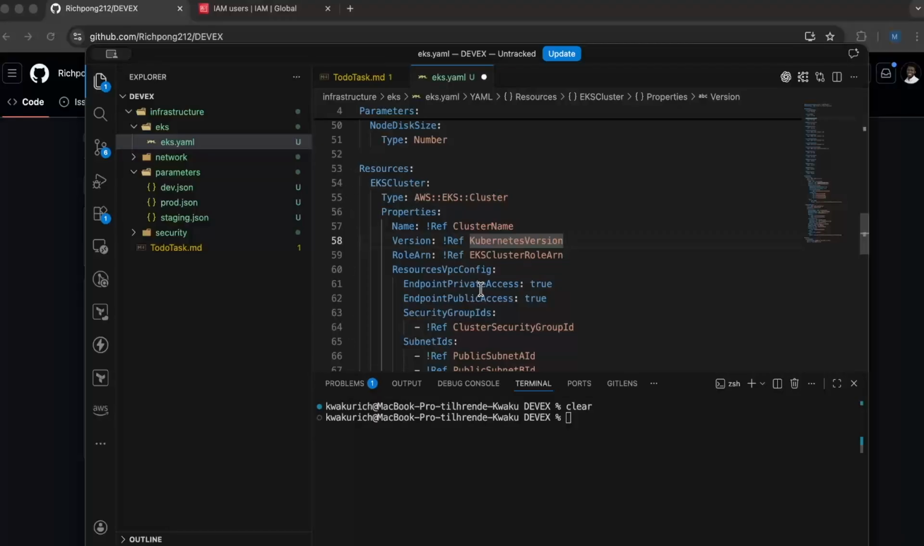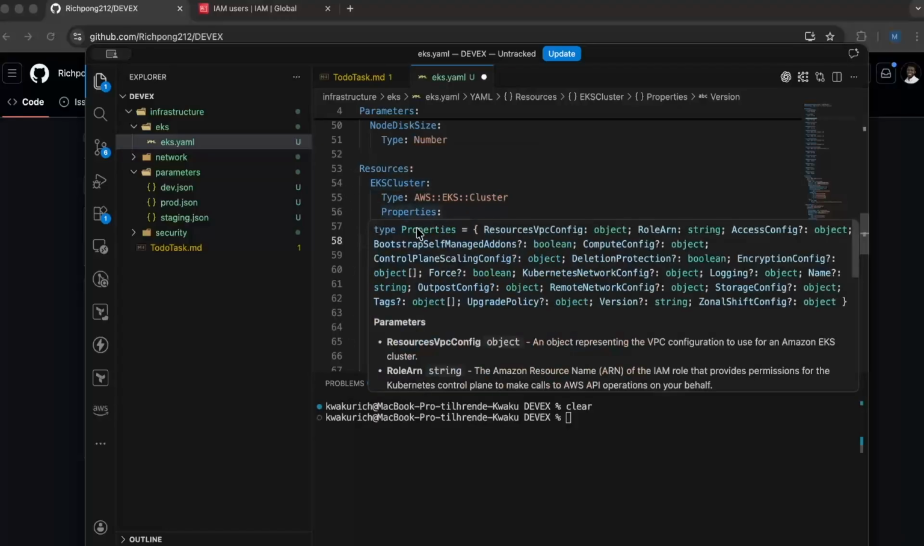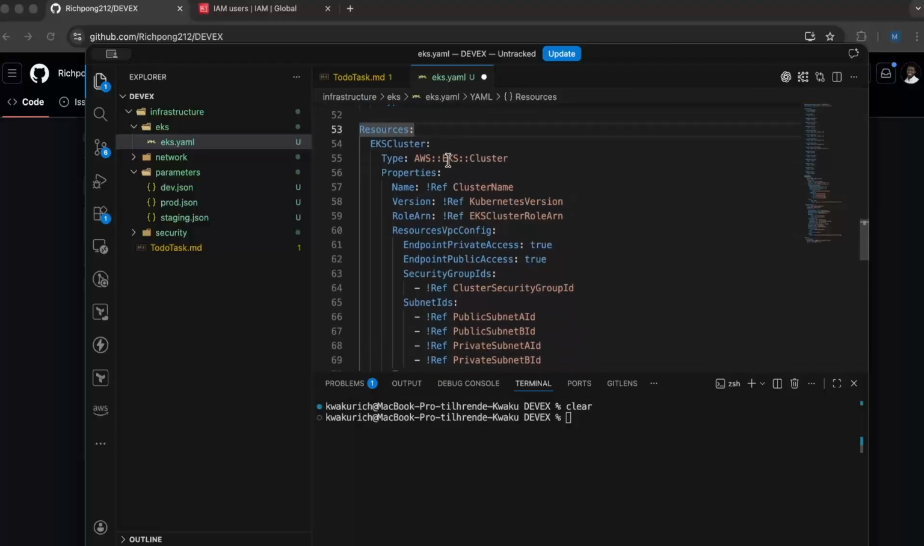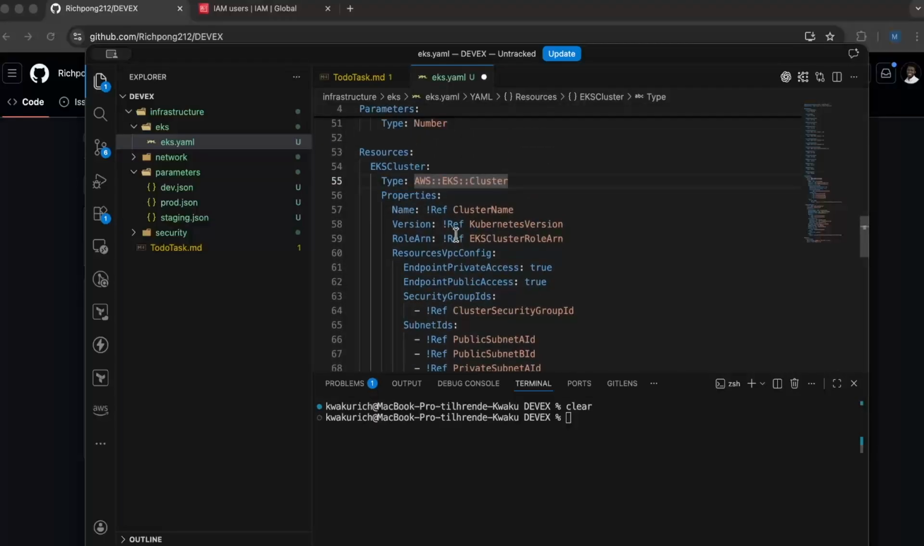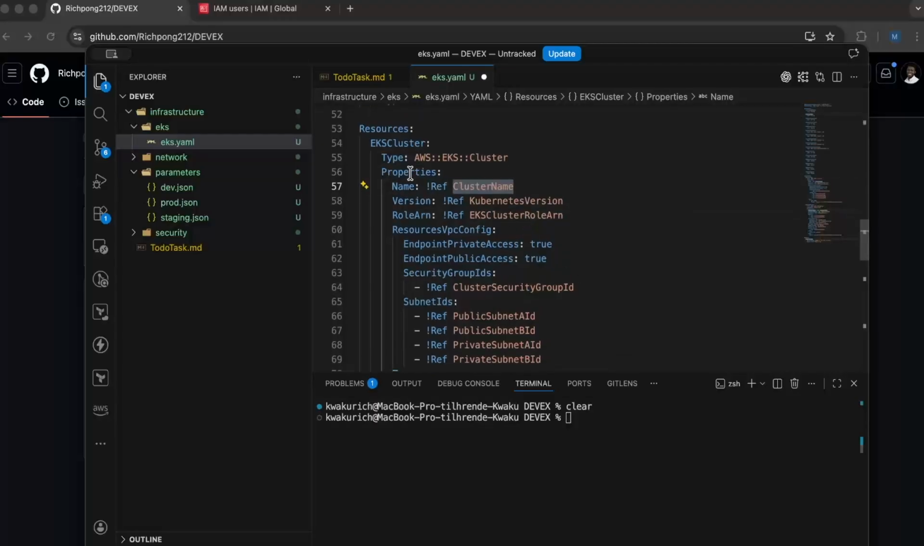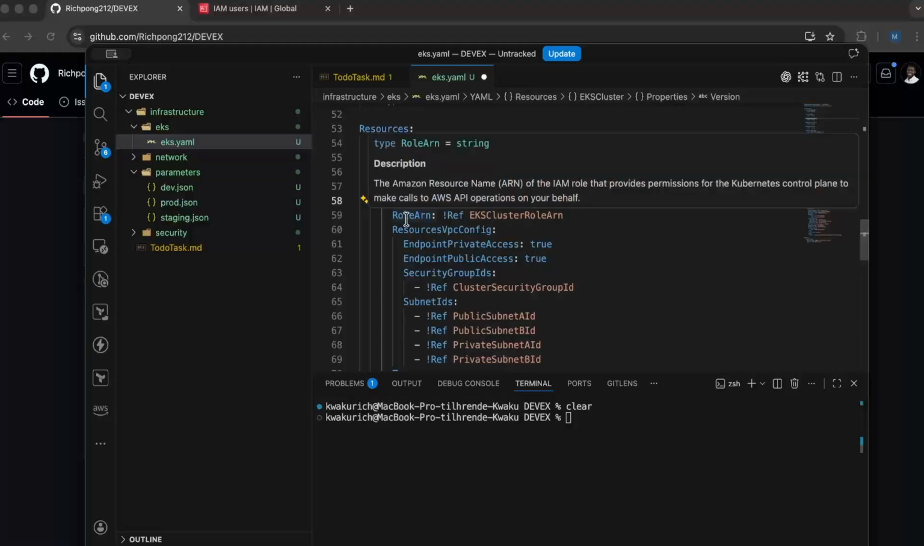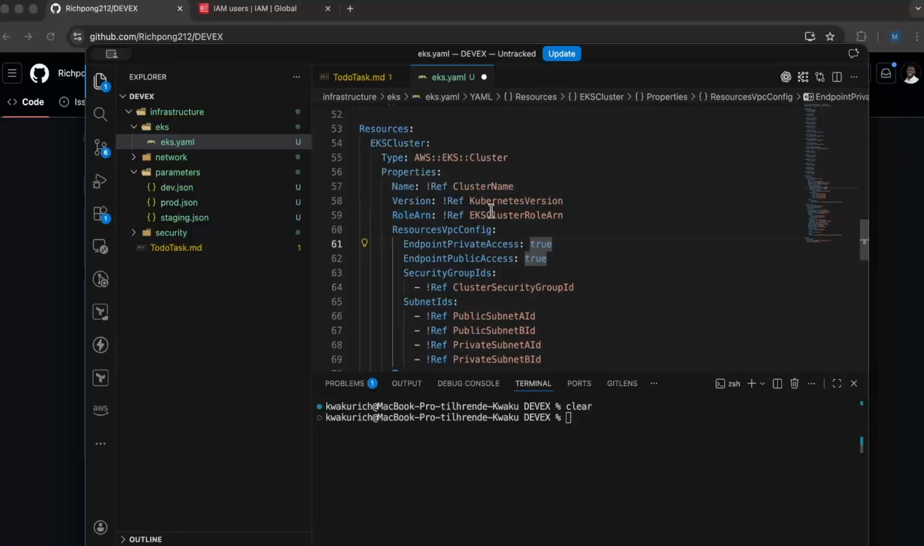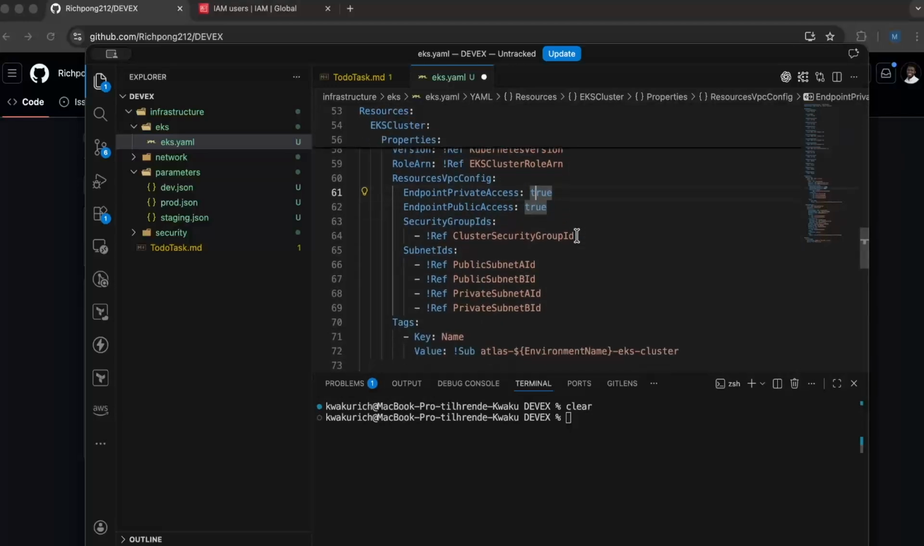Now we will define the resources. So we are going to give the name, so EKS cluster, and then the type is going to be AWS EKS. This one is not EC2, it's EKS cluster. Nice one. Again, the properties that we are going to give is the name. So the cluster name that we already defined, is just the variable, and then the version of the Kubernetes that we want, and then the Amazon resource name. So it's going to be EKS cluster ARN,